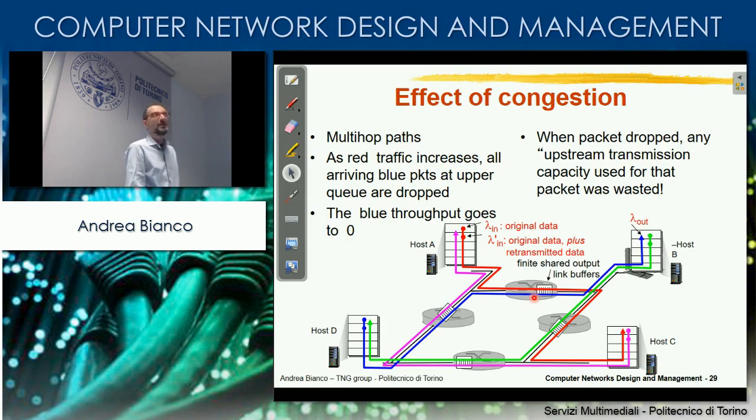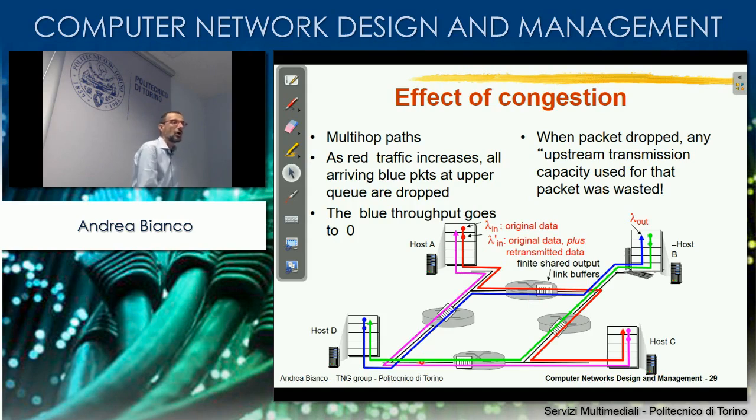So if the red flow speed increases and there is no control about that, the blue flow is going to be shut off completely. Suppose that the red flow is always generating very, very high speed. Whenever there is something available in that buffer, you will put a red packet there, and the blue will never have a chance to come in. Okay? And so the throughput of the blue flows goes to 0, but the traffic that you generate on this